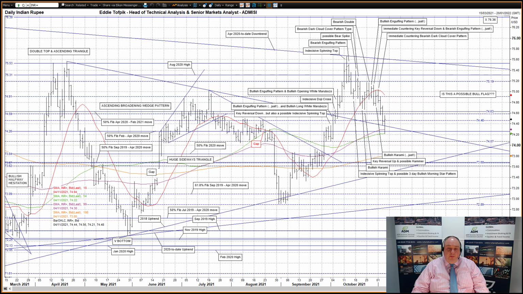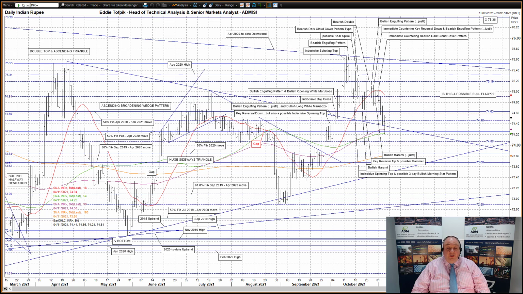US dollar against the Indian rupee. A fourth bearish black crow yesterday and a continued follow-on from Monday's immediate countering bearish dark cloud cover pattern. Prices punched down through and closed below the 50% Fibonacci line of the April 2020 to February 2021 move at 74.63. The market finally halted at the broken downtrend and trendline combination of the April 2020 to date move, currently